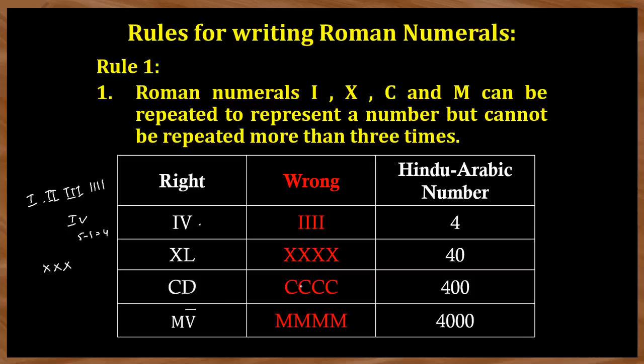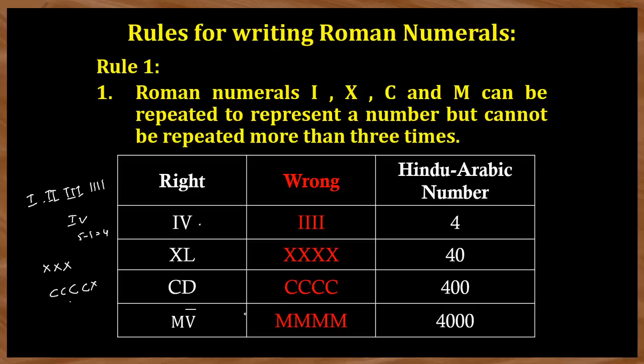Now, to write the 400 also, all the 4s you observe here, we can write like this only. To write the 400 also, you cannot write 4 C's. Up to 300 only, 100, 200, 300, you can write C repeatedly. But we cannot repeat more than 3 times. We should write by subtracting 100 from the 500 like this. This is 500 minus 100, which is 400.